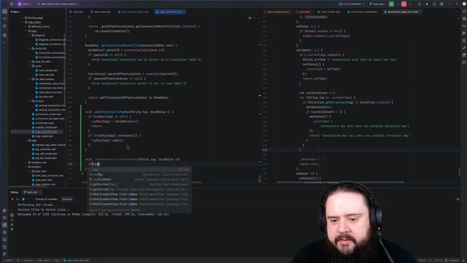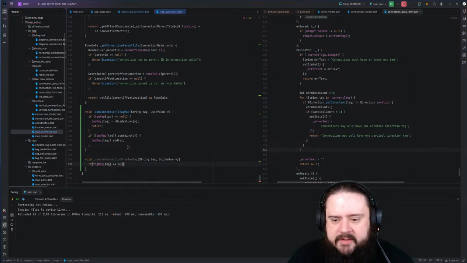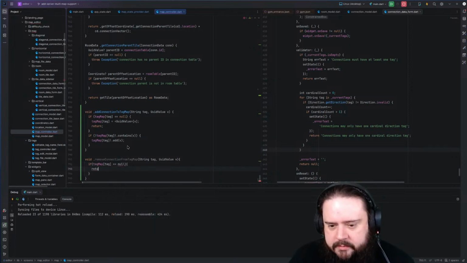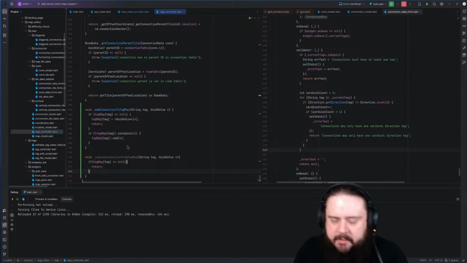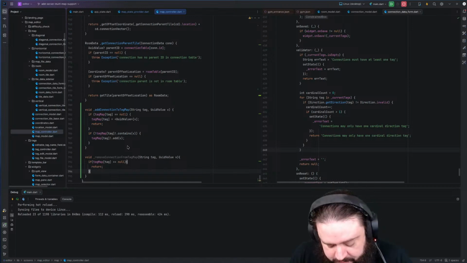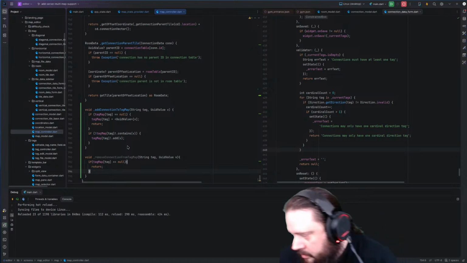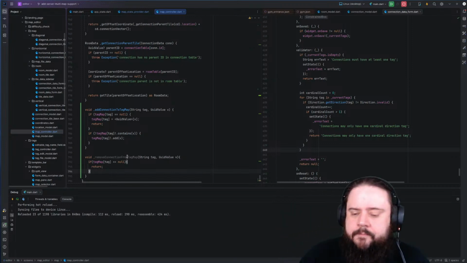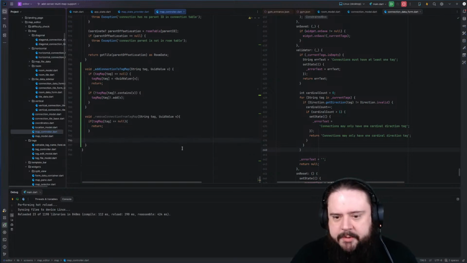So if tag map at tag, if this is null, we're done. We don't have any entries for that tag. Let's just handle that to be sure. Let me just make sure nothing crazy is happening here. Since I get the beep. No. We'll get back to that later. So that we check our null, right? Just to be sure. And then here,